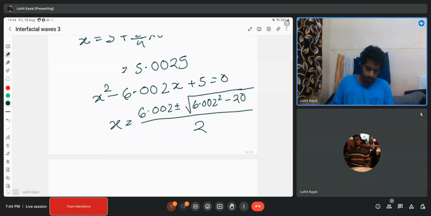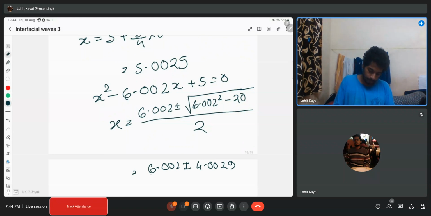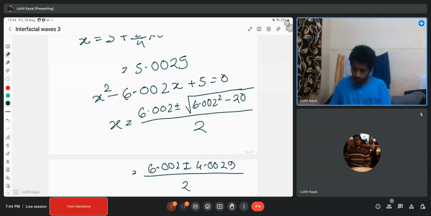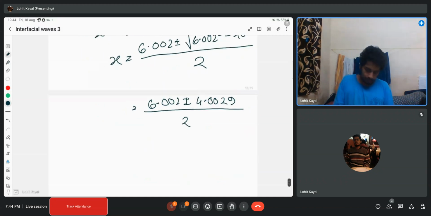So this result is equal to 6.002 plus minus 4.0029. Okay, this is the approximated result divided by 2. So plus 6.002 divided by 2. So one result that I am getting from calculator is approximately equal to